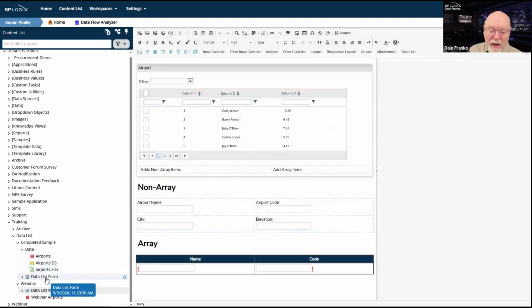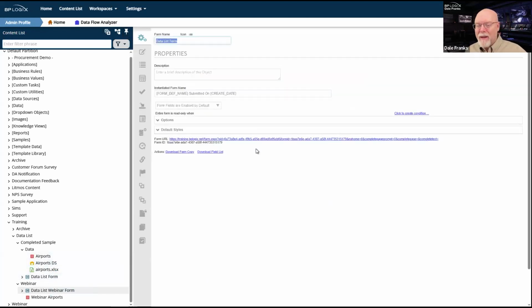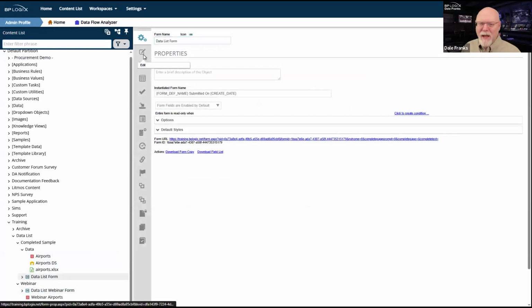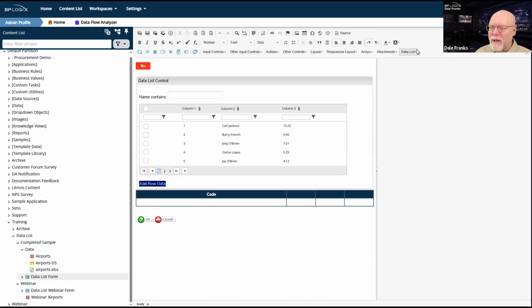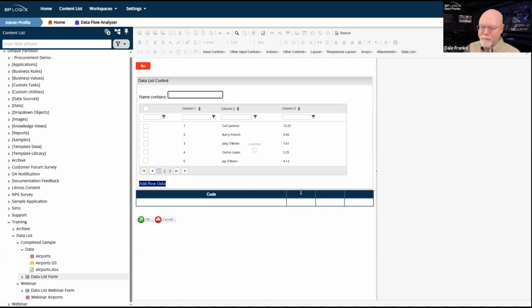So since I know the other form works, except for the set form data action for whatever weird reason, we're just going to run this one because I've already got it built in here. In this case, it just happens to be a text box, and it's on the airport name too, not the country. So it's going to be a little more random. It's just going to be matching a search term that I put in. In this case, it is filtering on the airport name.